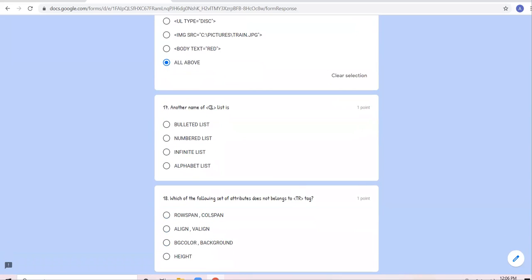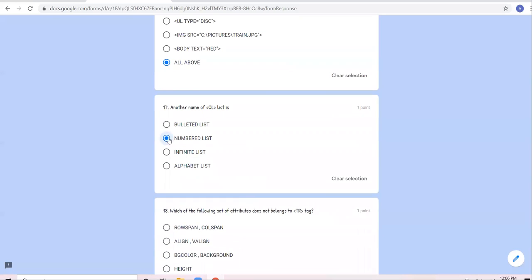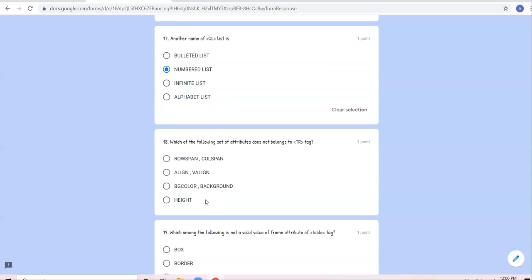Then another name of ordered list is bulleted list, numbered list, infinite list, alphabet list. It is numbered list. Which of the following set of attributes does not belong to TR?